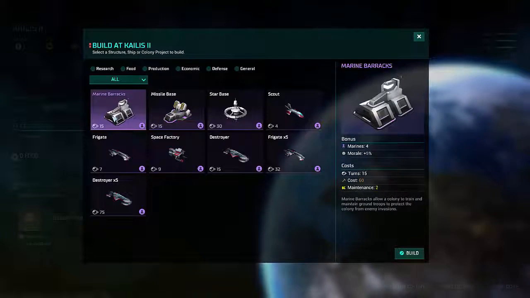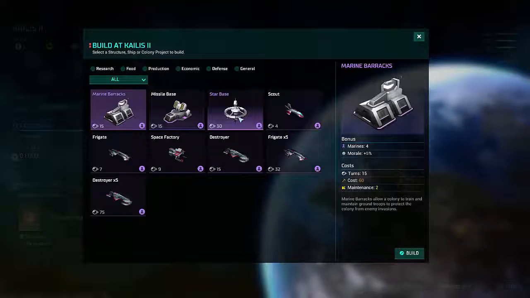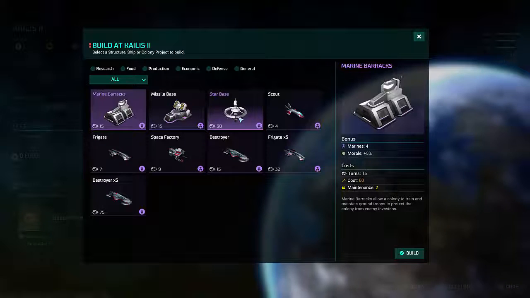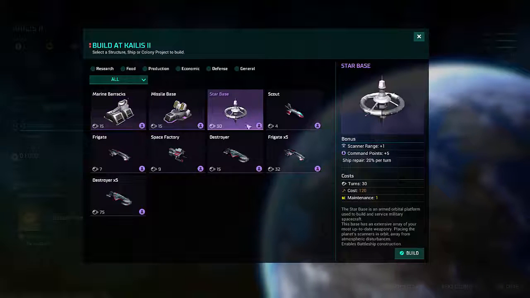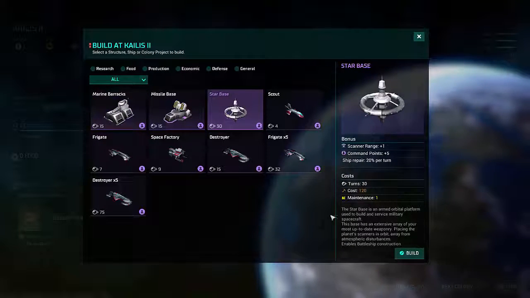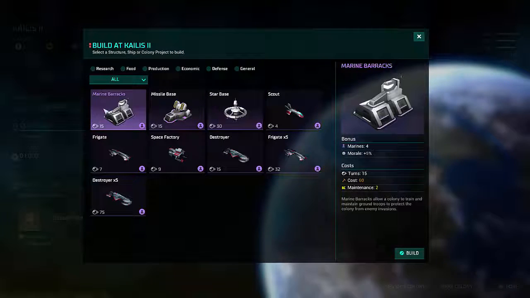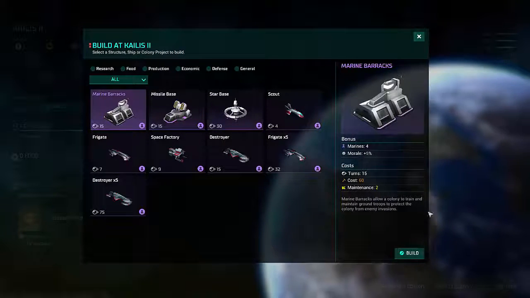So we have a marine barracks, which helps you get more morale in your particular colony, which is sort of like the civilian order in any civilization game. There's a star base that gives you scanner range and command points, and I'll give you a little bit more idea what that does in the future. For right now, what I'm going to do, I think, is...